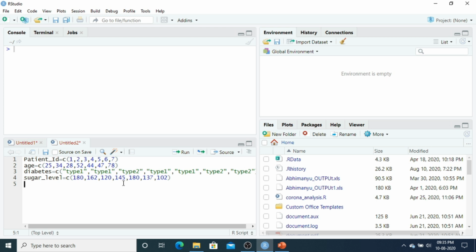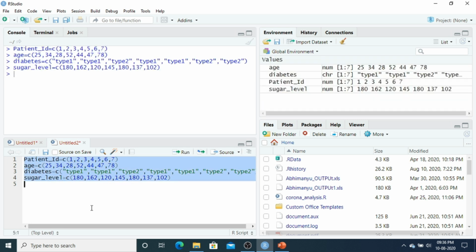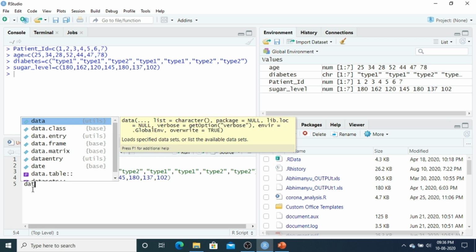I have not run it, so let us run it first. Okay, that's fine, it's already run. So I want to give the data frame a name, dat.